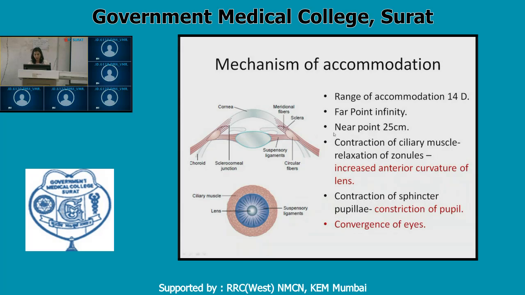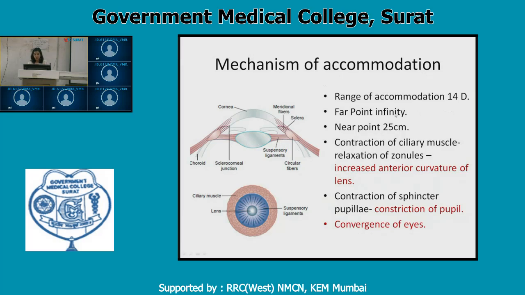Now, what is the amplitude of accommodation? It is the maximum power that the eye can increase when the object is brought near to the eye, and that is around 14 diopters for a normal eye. The lens refractive power is around 20 diopters. When the object comes nearer to the eye, due to the increase in the anterior curvature, it reaches up to 34 diopters. So the refractive power contributed by the eye when it is fully accommodated, or when the ciliary muscles are completely contracted, is around 34 diopters.